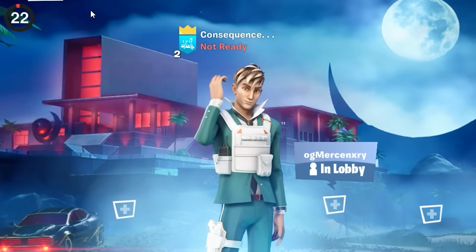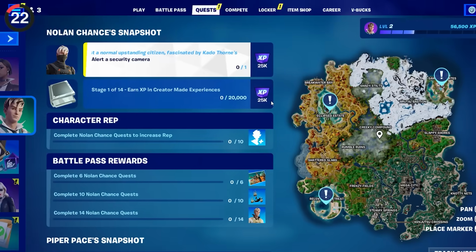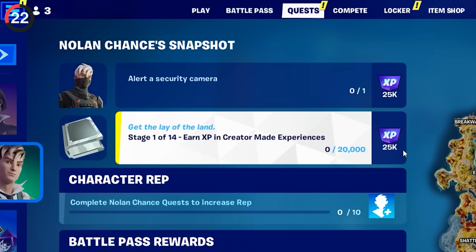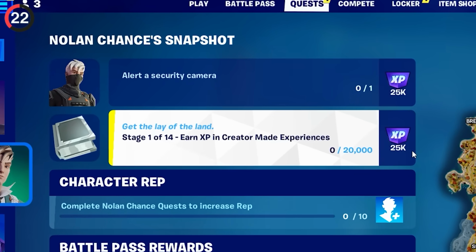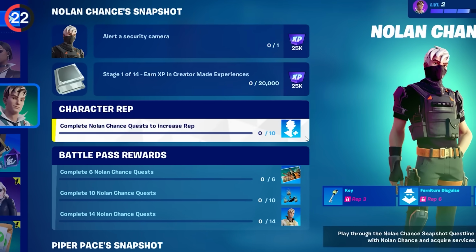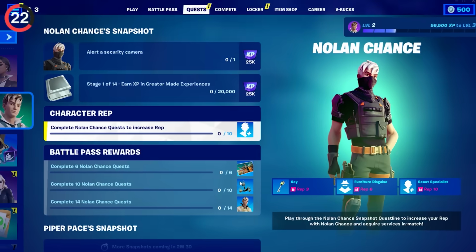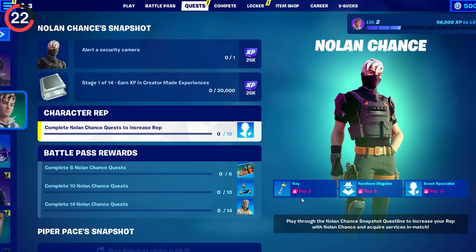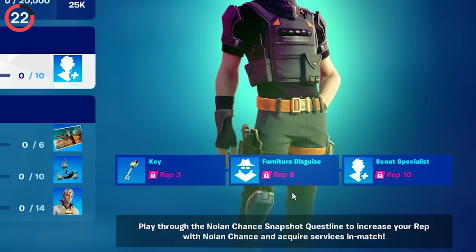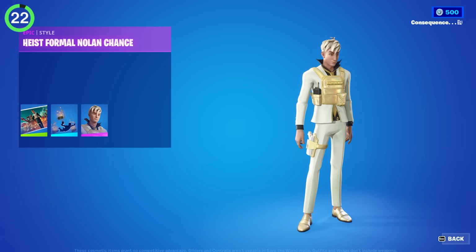It's gonna take some time to get 100 levels by then, but if you need the XP, Nolan Chance is already recruiting us with his snapshot quests. You can complete multiple heist missions with him to earn XP and earn some extra cosmetics for his set, but that is not all. There's also a brand new character rep system. Yeah, they basically made a loyalty scheme for NPCs. Once you've gained enough reputation with him, then you can visit Nolan and have bonus options. From selling keys, activating a prop disguise, and even being hired as a specialist, make sure you complete quests to